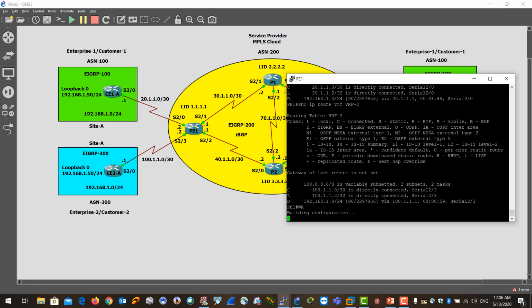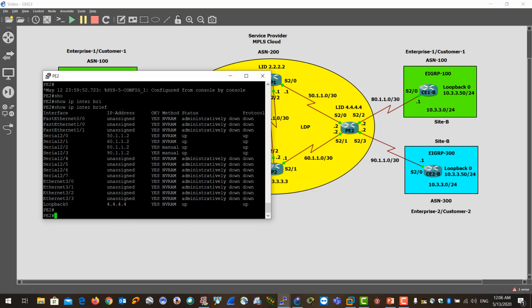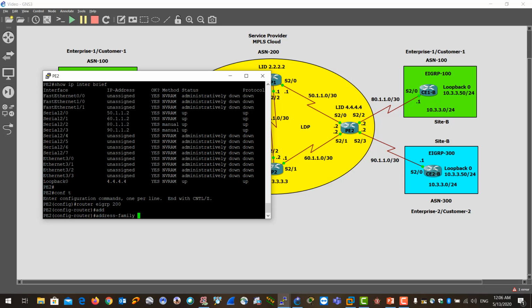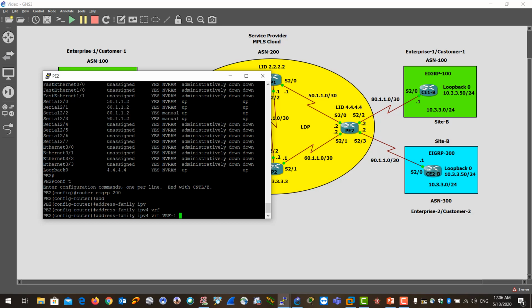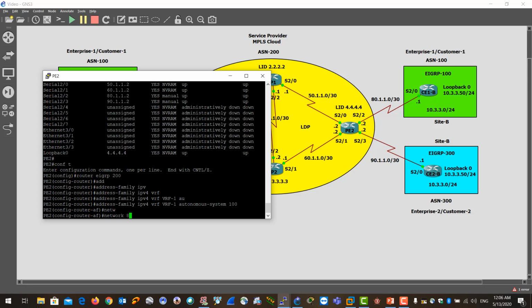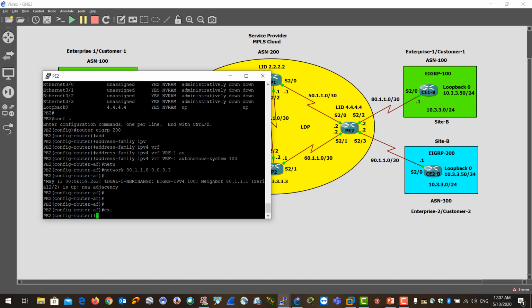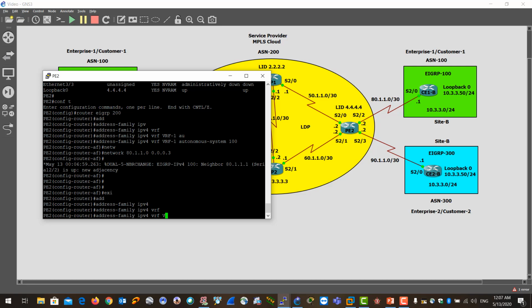Let's do the same from the other side, PE2, and configure router EIGRP 200, address family IPv4 VRF VRF1 autonomous system 100, network 80.1.1.0 0.0.0.3. Exactly. Address family IPv4 VRF VRF2,